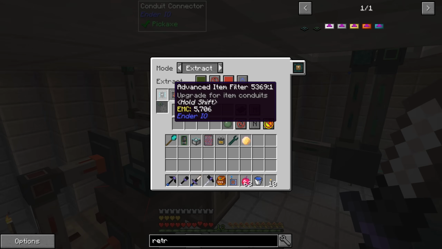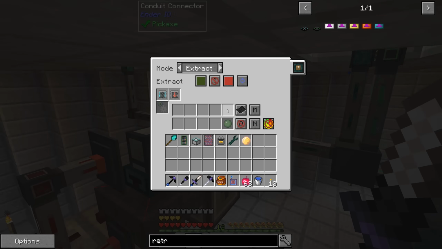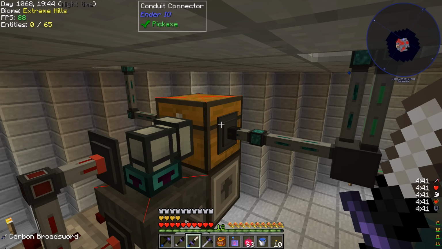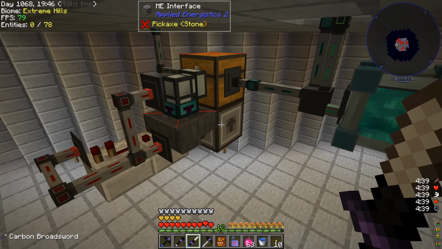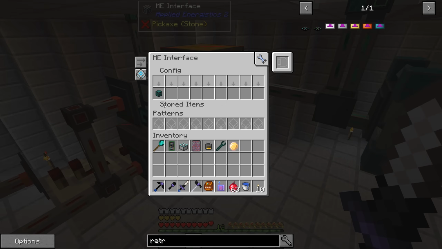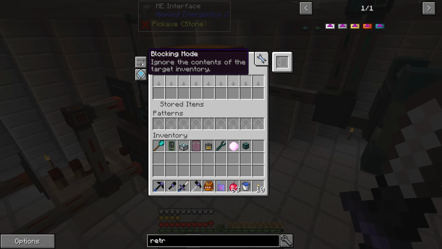And then we're using advanced item filter so we can have multiple recipes. I really don't know how many recipes we're going to have here, but we are blacklisting a slime ball. So a slime ball is going to go into the chest along with all the other recipes for the craft. What we're going to do on the ME interface here, I don't know why that's on the config. This ME interface, we're going to set this to blocking mode. Do not push crafting items if inventory